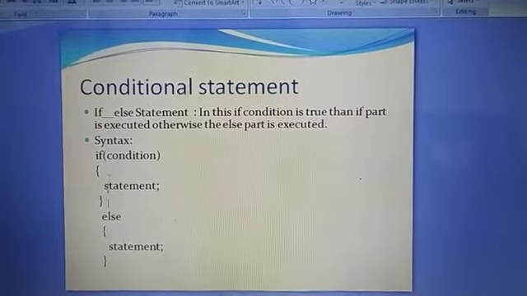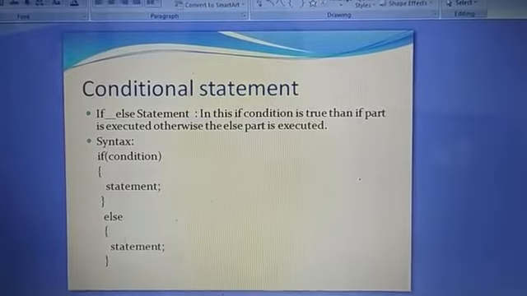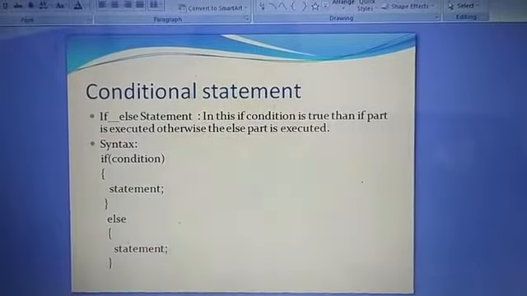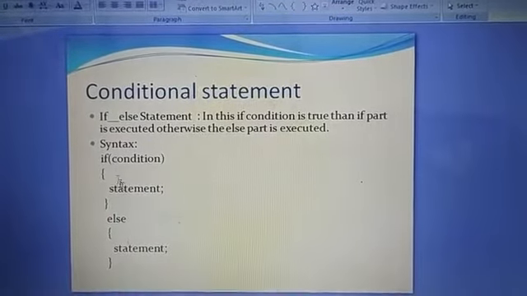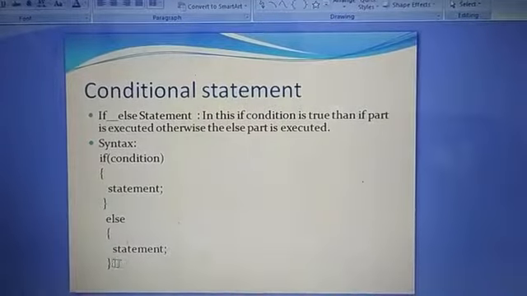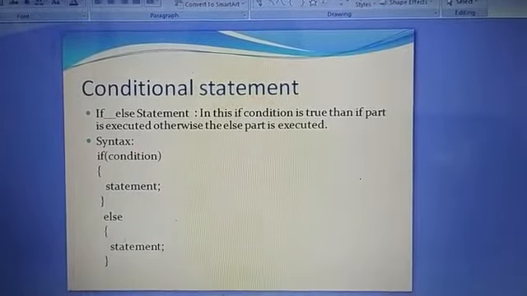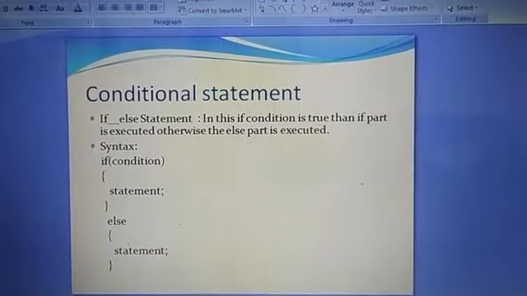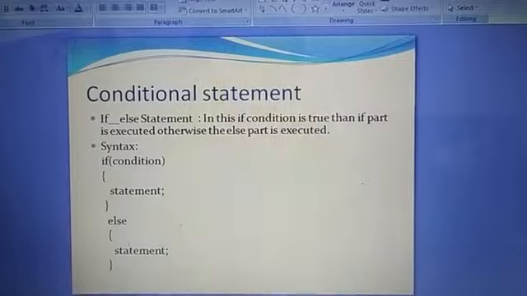So this is known as the if-else statement. The previous statement is known as the if statement. So here two parts are there. If the condition is true, then the if block will be executed. If the condition is false, then the else block will be executed. So these two are the conditional statements in Java.